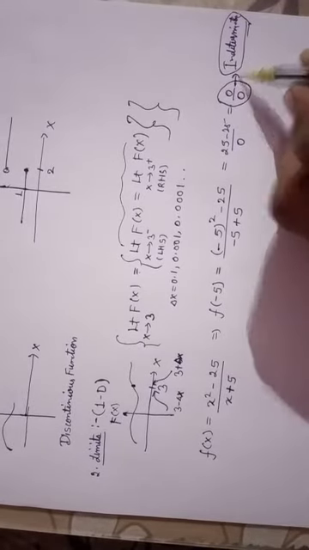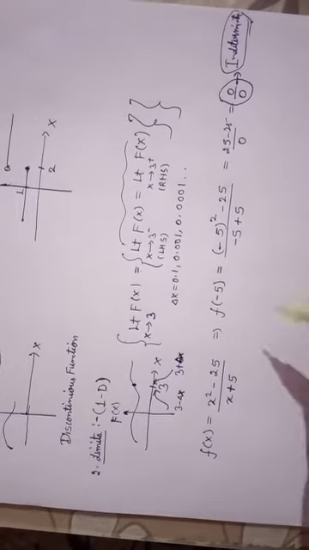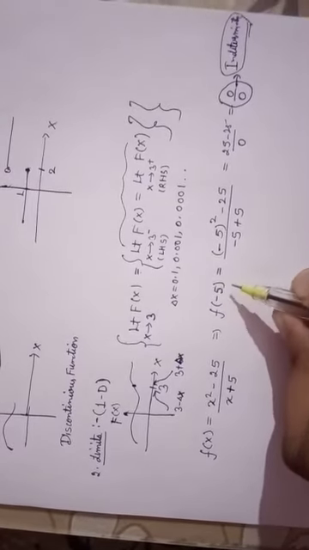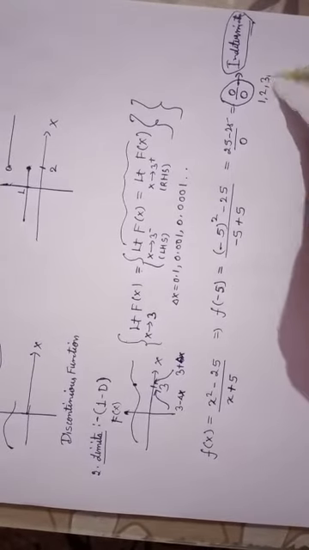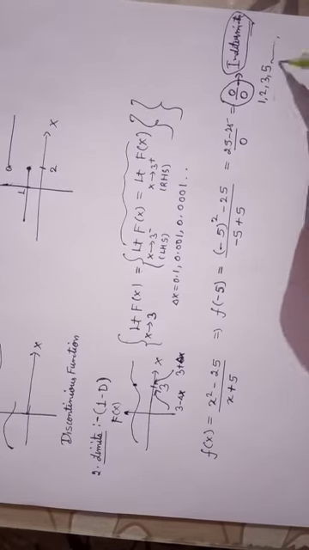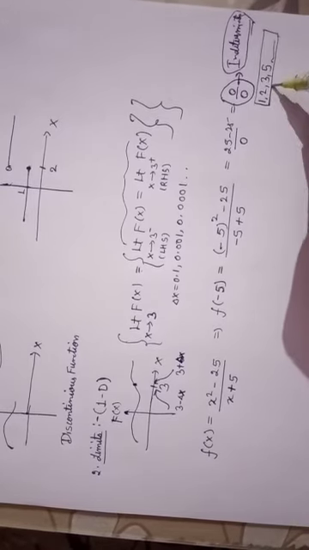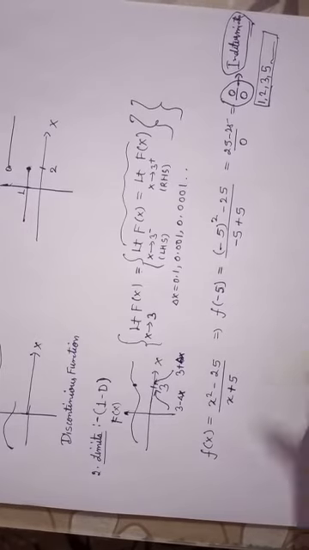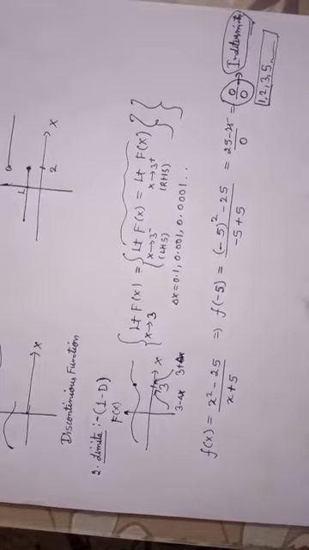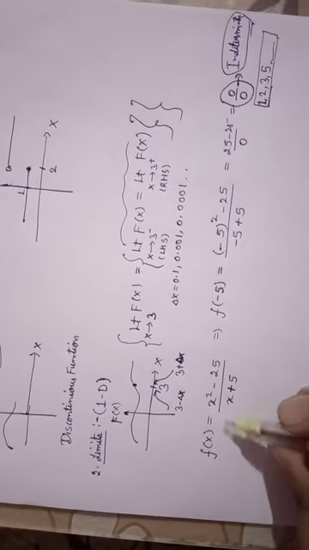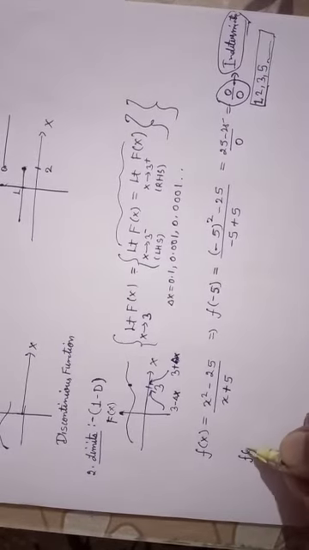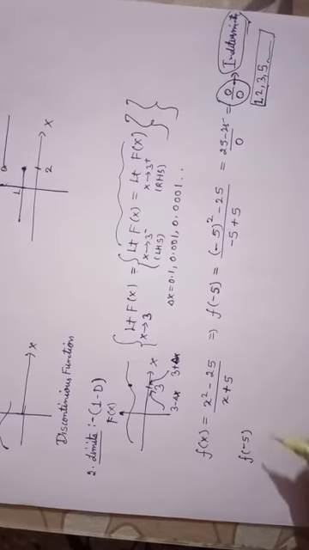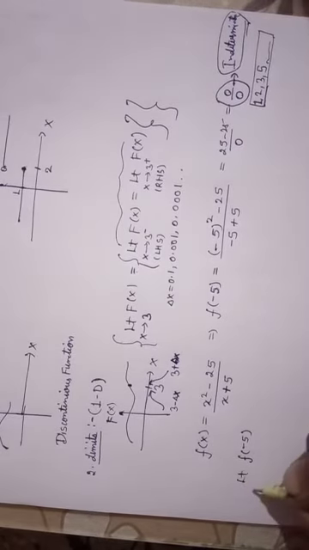What actually do we mean by indeterminacy? Indeterminacy means that at f of minus 5 we do not know what will be the value. 0 by 0 could be 1, 2, 3, 4, any value you can think of, all will be correct. So we cannot specifically say which value is of f of minus 5. So the limit concept has come, and it will tell us what will be the value at f of nearby minus 5.